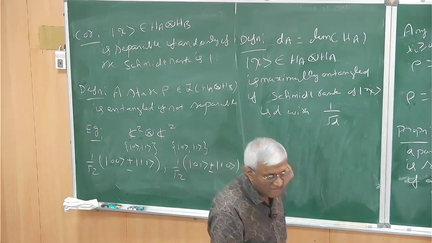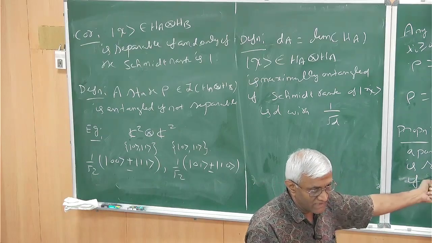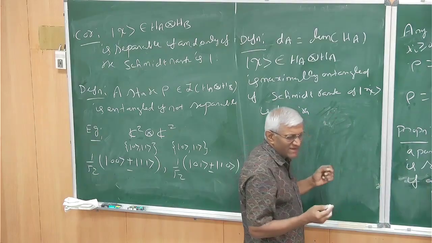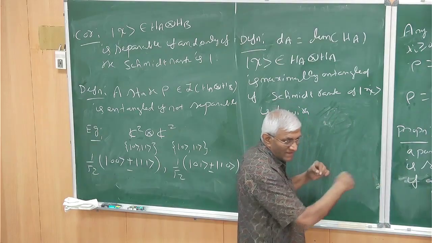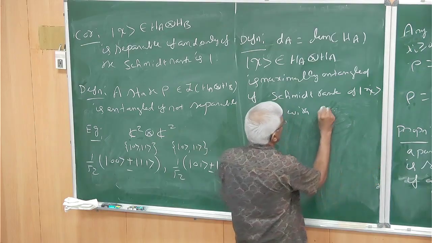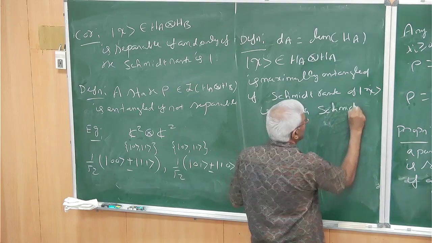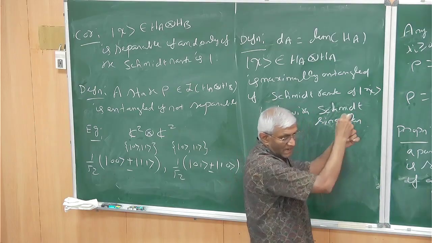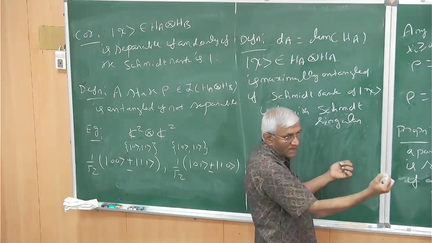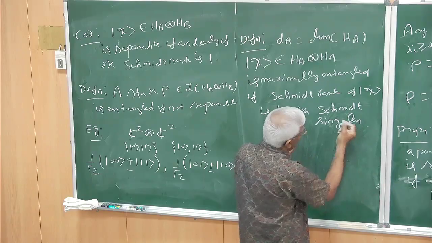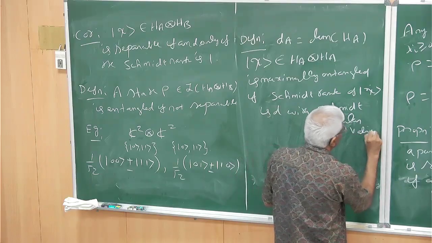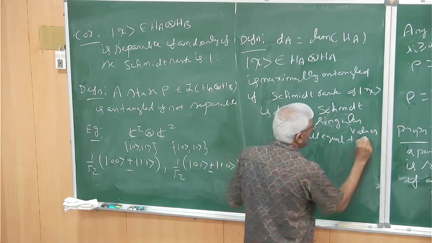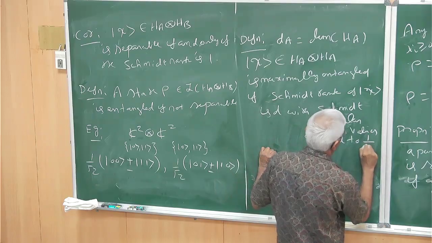There are some S1 up to SK, SR or something. So those are all Schmidt values. Did I say anything? Those singular values. I just call it Schmidt, maybe I'll change it later. For a general matrix, those S1 up to SR are called singular values. So here let us call them Schmidt singular values, all equal to 1 by square root d.